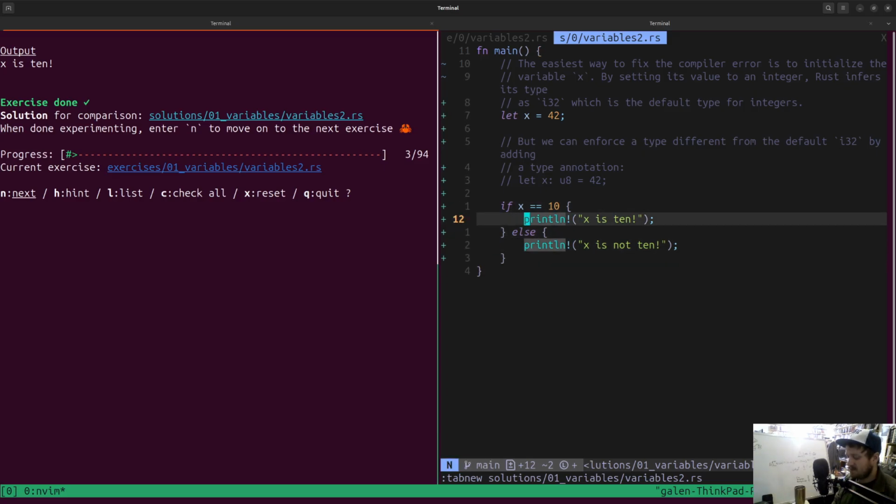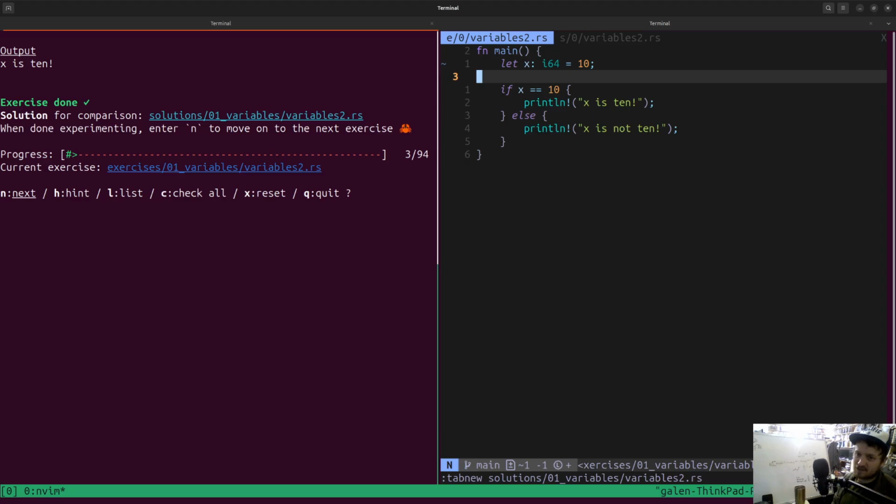So we pretty much nailed the general approach and got confirmation that it's i32 that is the default type in Rust. So I think that's it for this